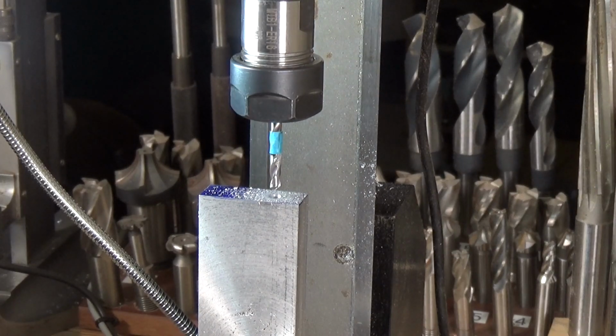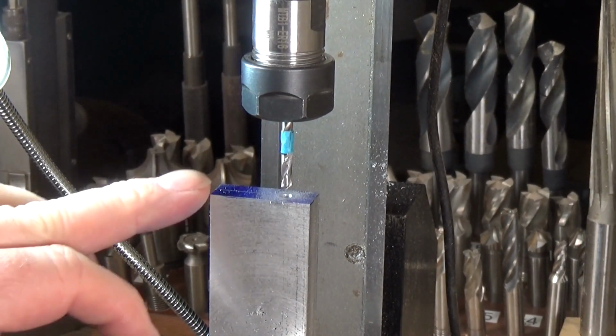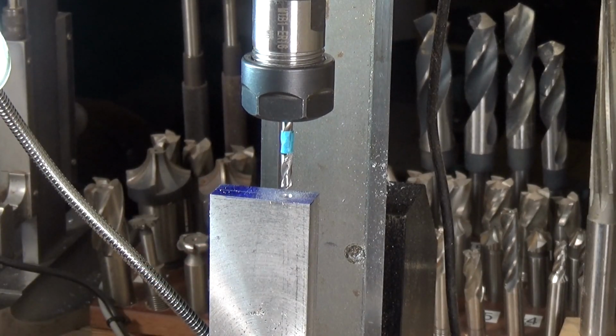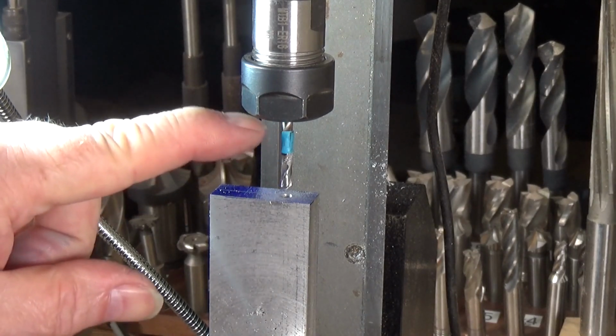That's our tapping hole drilled. Now I'm going to repeat the exact same process for the second hole. I'll do that off camera. And then to actually tap the holes, I'm going to move over to the drill press because I could put the